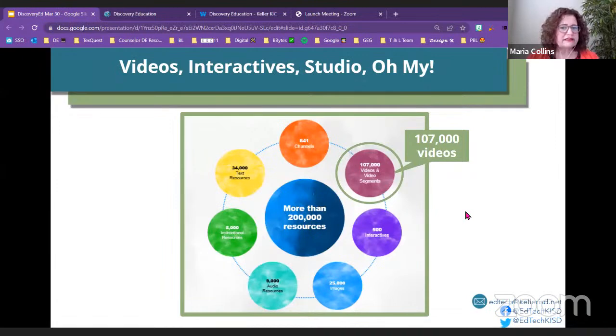So videos, interactive studios, oh my. If you are only using it for videos, if you'll look closely at this graphic, there are more than 200,000 resources, and there are about 107,000 videos. So if that's all you're using it for, you're really missing out on about 50% of the content that Discovery Education has. So I just want to go through these real quick, but there are interactives, and within each one of these,